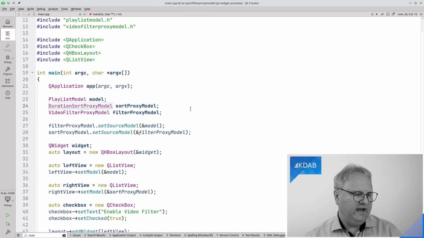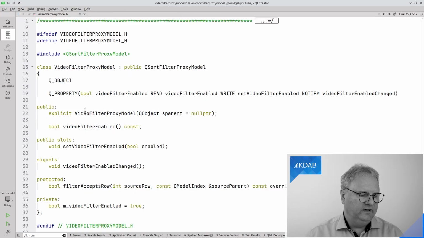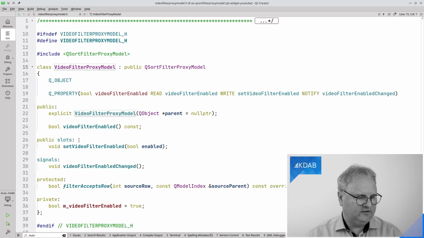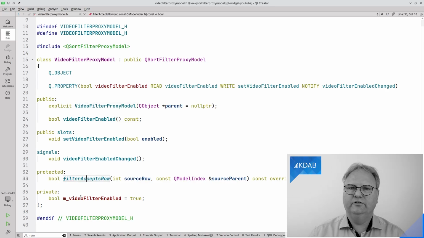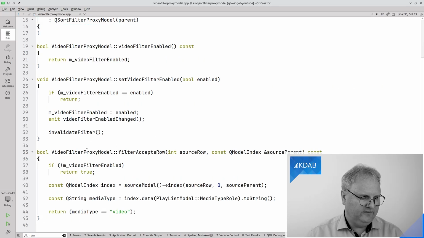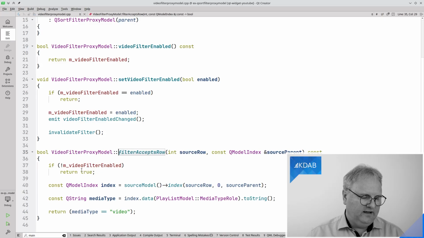Over in our main, we had the other proxy model, the video filter proxy model, and the video filter proxy model implements this slot video filter enabled, which is connected to my checkbox so that I can enable and disable it. And it implements filterAcceptsRow. And filterAcceptsRow says, yes, that is awesome. You can do that if I am not enabled. If I am enabled, then I will go and ask the source model,